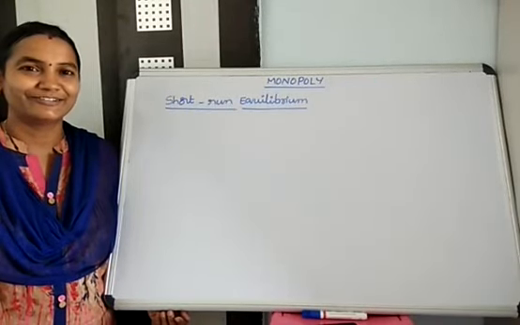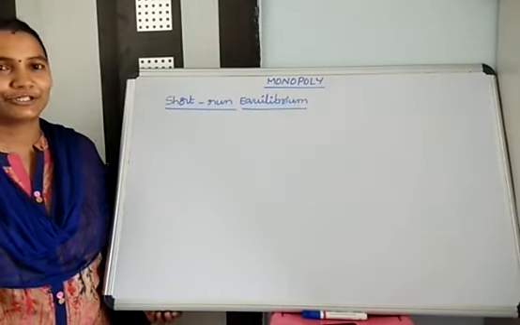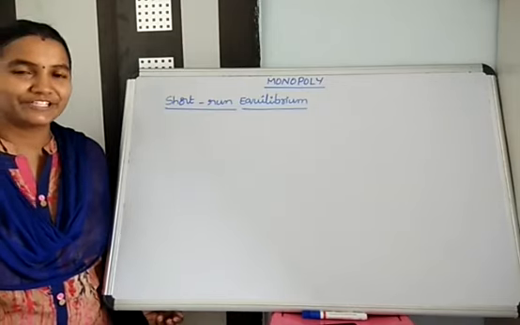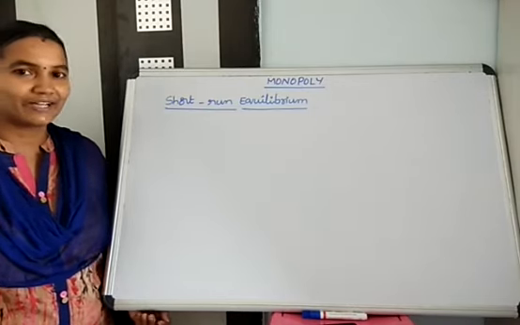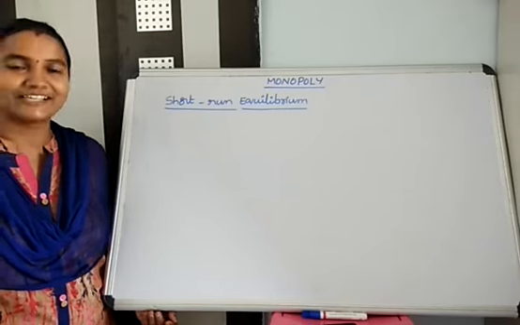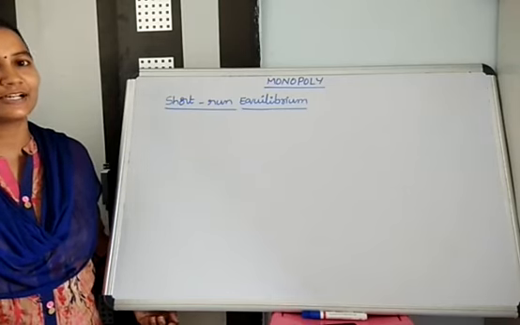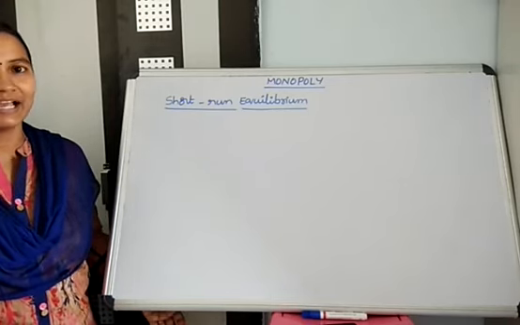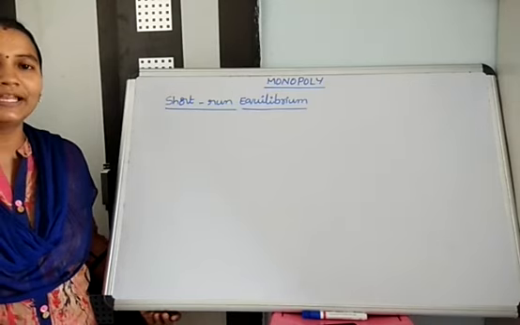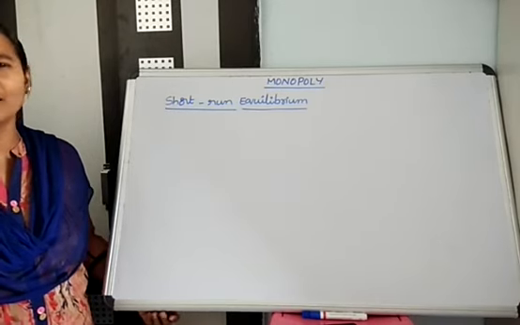Good morning all. Today we are going to discuss the short-run equilibrium. We already started in the previous video, where we discussed supernormal profits or abnormal profits. Now we are going to discuss losses. A monopoly has a chance of getting losses in the short period only, but not in the long period.